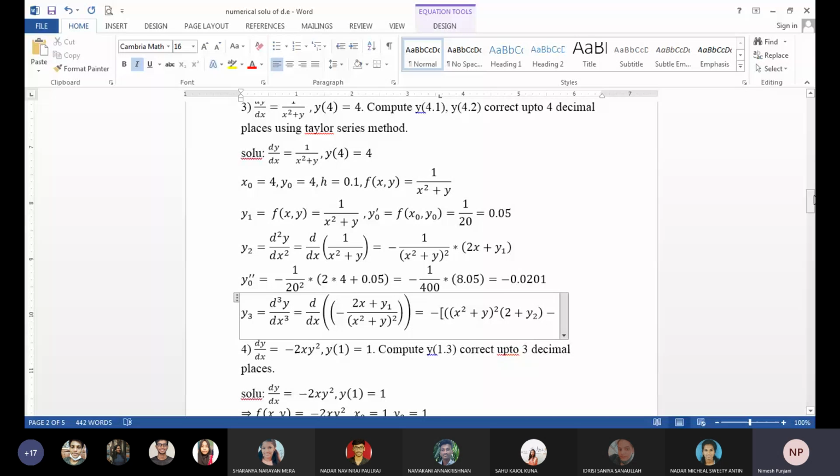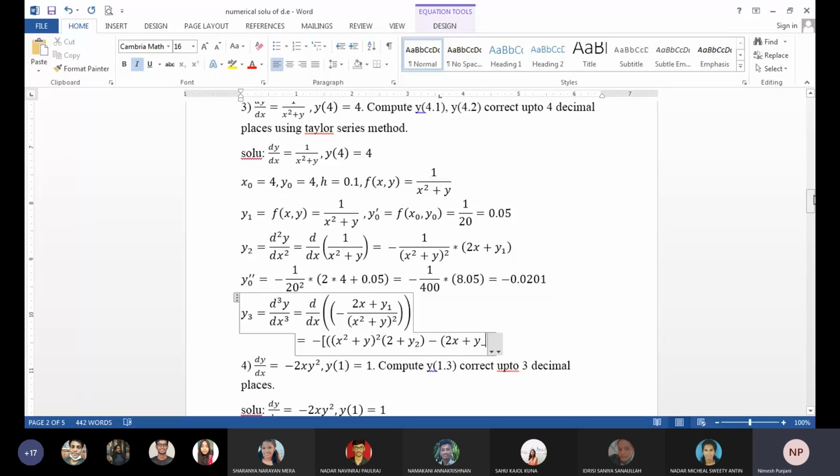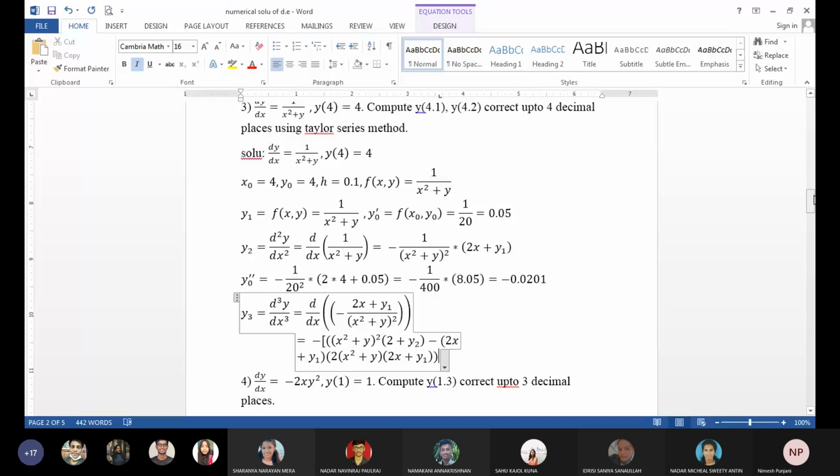So 2x plus y1 into derivative of v. So 2 times x square plus y multiplied with 2x plus y1 and divided by